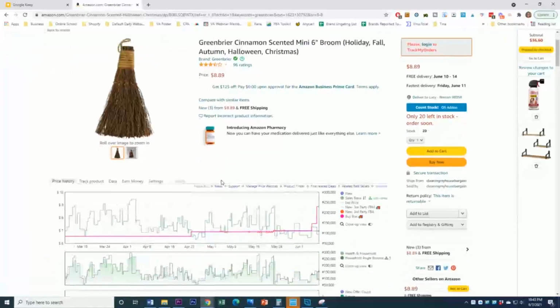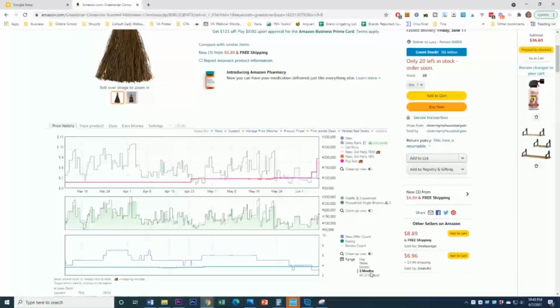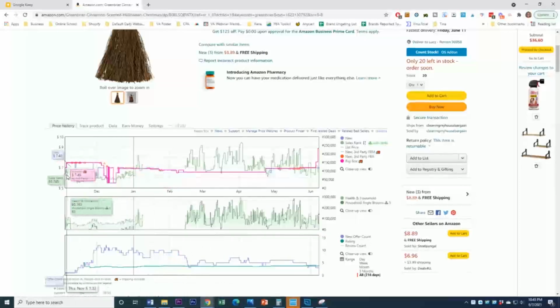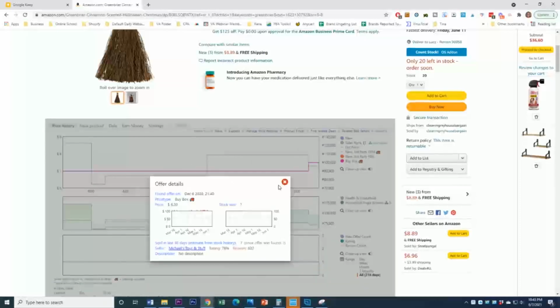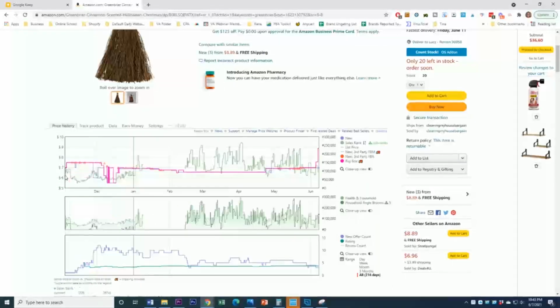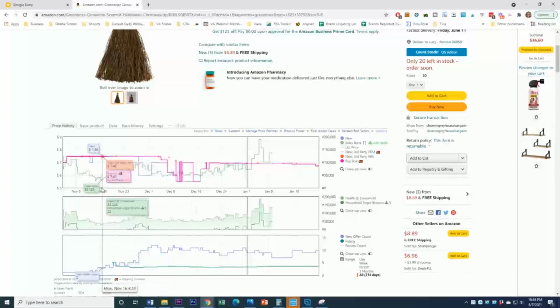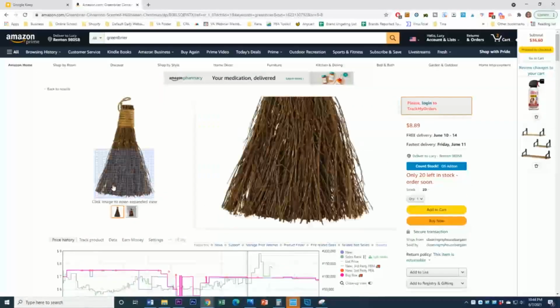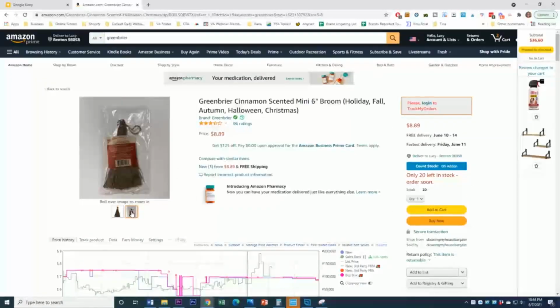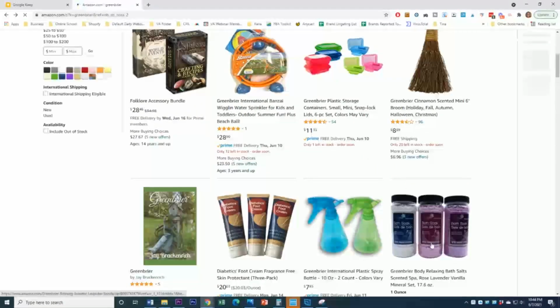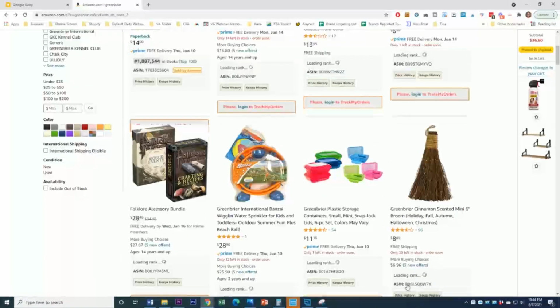This is $8.98. We can look at the rank right here. For this one, we want to go all the way back, and if you scroll through, you'll be able to see the rank in the fall. So back in November, this was down to 32,000 in rank, which tells me probably want to stock up on that. It was a $7 buy price, probably made about $2. Took a poly bag. There we go. In fact, maybe it came in a poly bag. If it came just like that, you'd put just your label over the UPC code right there, and you'd be good to go. So this is one that we may want to grab